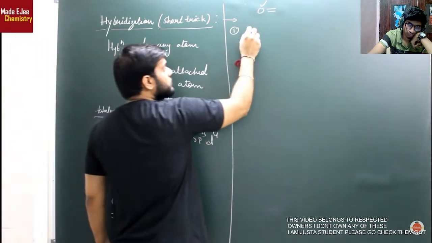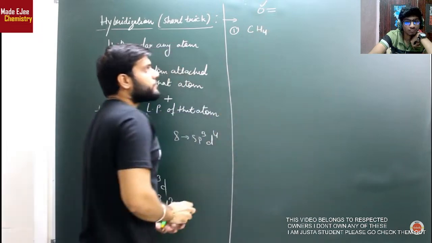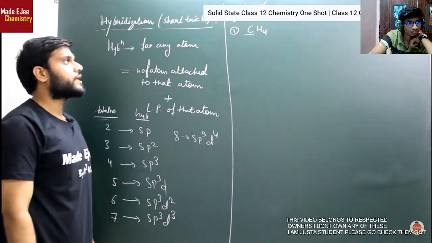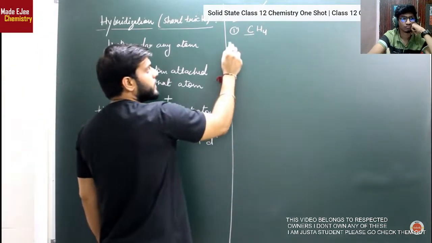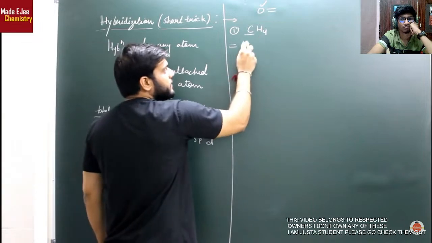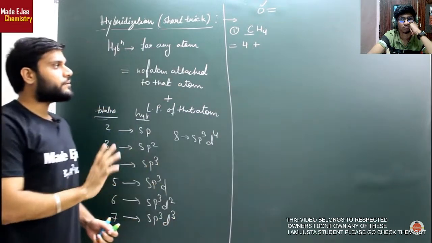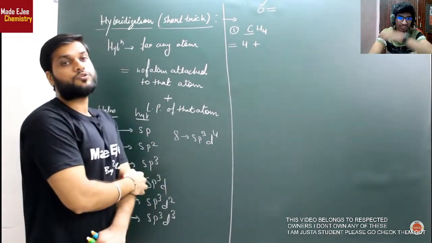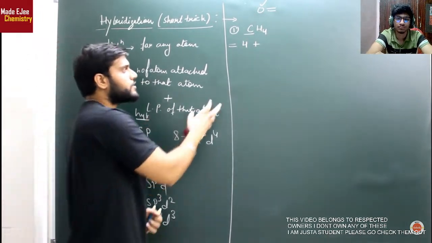First example लेते हैं, suppose सबसे simple example CH4। So यहां पर central atom है carbon। Carbon का hybridization आपसे पूछा जाएगा। बहुत simple है, ध्यान से check करिए। सबसे पहले आपको check करना है कि उस central atom के साथ कितने number of atoms attached हैं। तो यहां पर 4 atoms attached दिखाई दे रहे हैं, plus अब देखिए जरा ध्यान से, 4 लिख दिया मैंने, उसके बाद lone pair कितने बचे। Generally carbon के पास कोई lone pair बचता ही नहीं है, वो हमेशा 0 होते हैं almost 99% cases में।